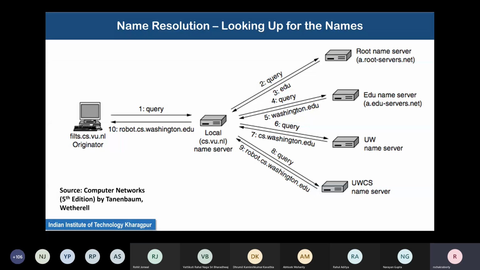So in this example, it might first ask a root name server who has information about the .edu domain name server.